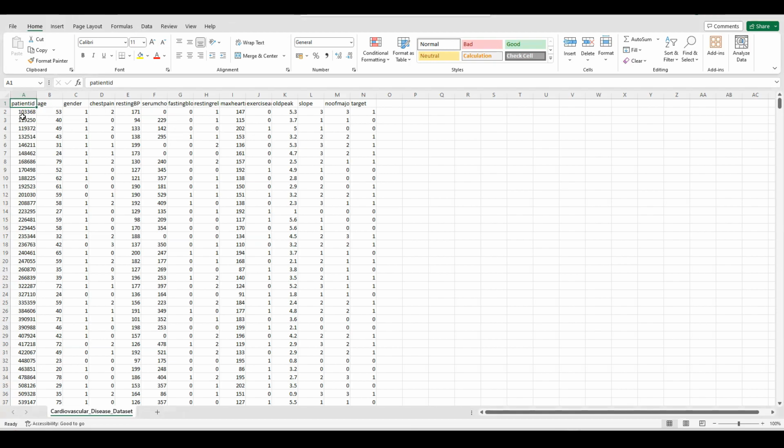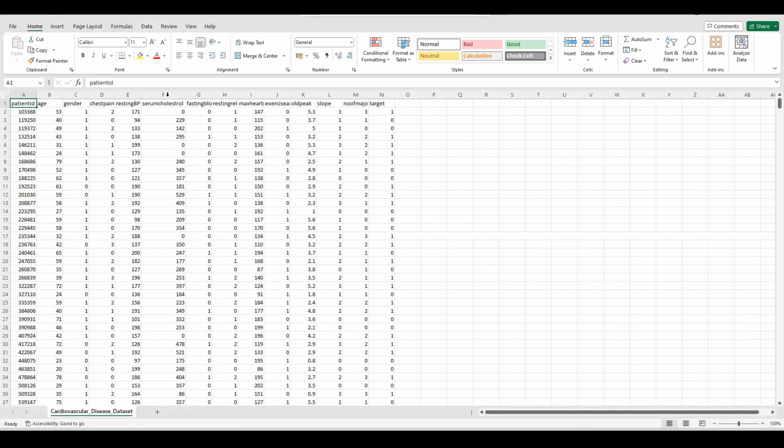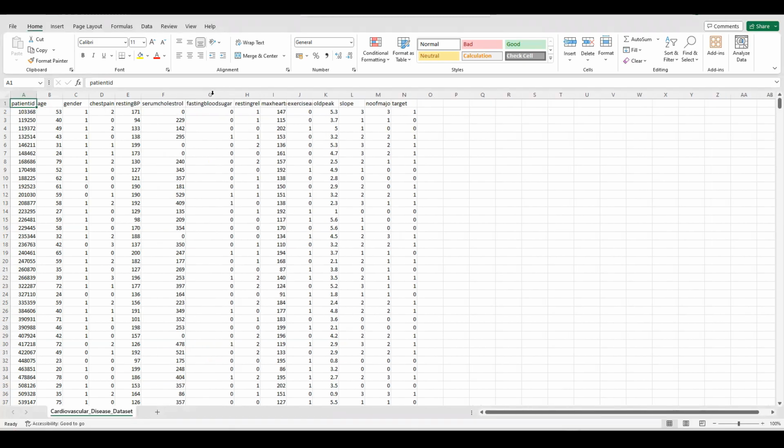We have the patient ID, the age, the gender, the chest pain, the resting blood pressure, the serum cholesterol, fasting blood sugar, and a number of other variables. To do this analysis, we are going to use the variables resting blood pressure or resting BP and the cholesterol, right? So we are going to plot a scatter plot between these two variables, and then we are going to